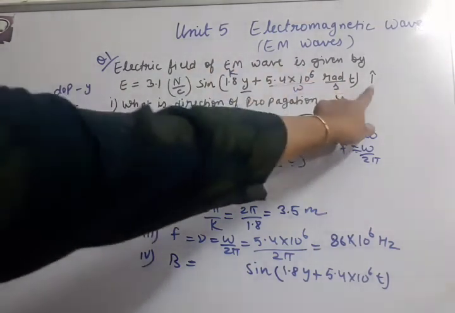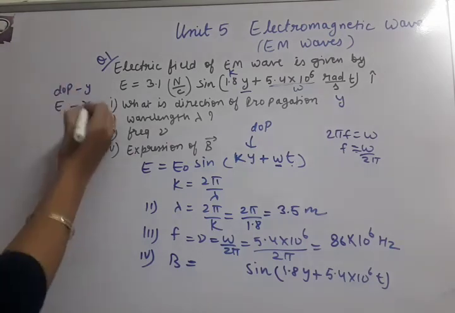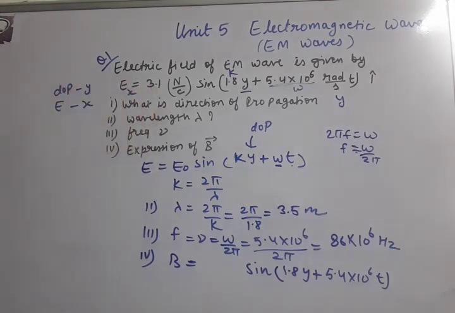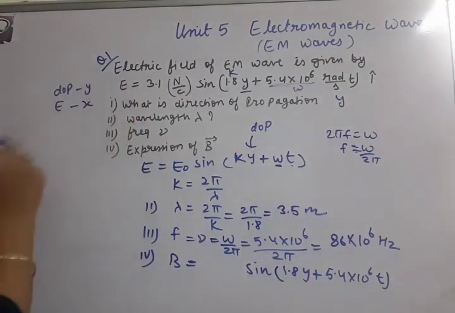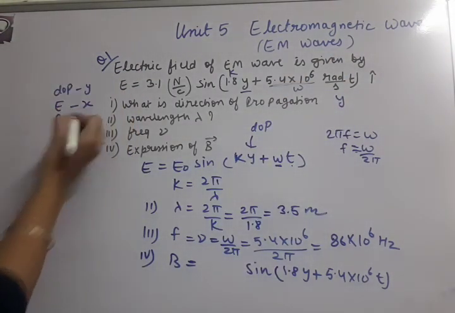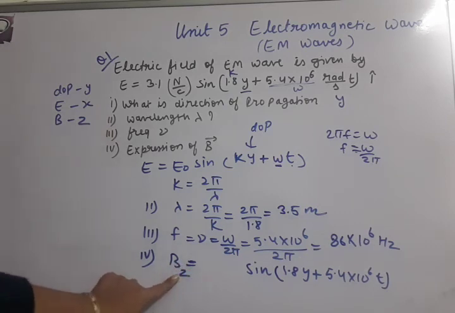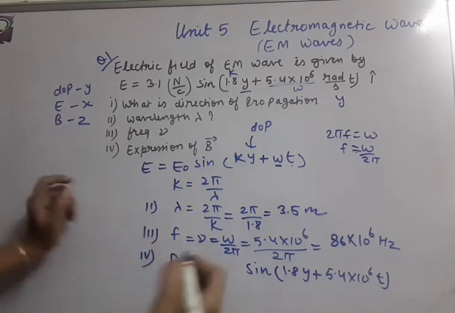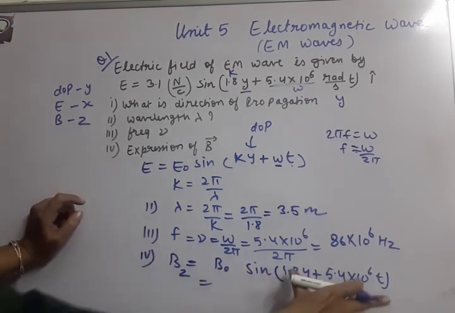तो E लिखा हुआ है î कैप। तो E के लिए डायरेक्शन है x डायरेक्शन। Either it will be written like this Ex or directly î cap will be written. So E के लिए है x direction, तो B के लिए बची z direction। इसलिए यहाँ आ जाएगा Bz. ओके, Bz. अब यहाँ होता है B0. So B का expression हुआ B0 sin theta.